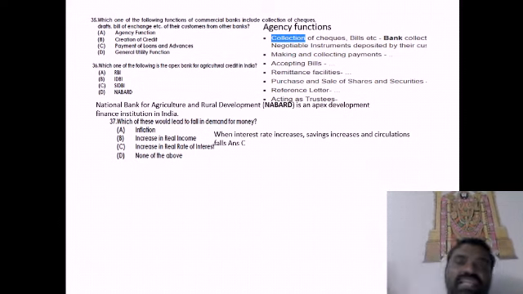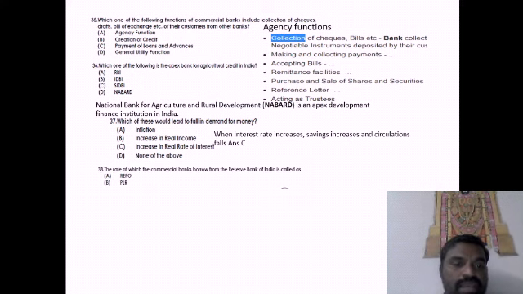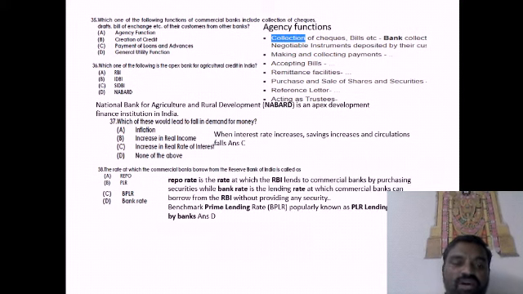So circulation in the economy falls down. So here the answer is C. When there is an increase in the real rate of interest, the fall in the demand for money will take place. Next one, the rate at which the commercial banks borrow from the Reserve Bank of India is called as,